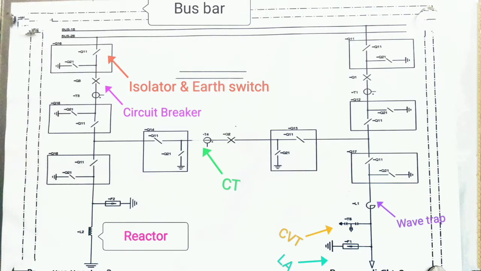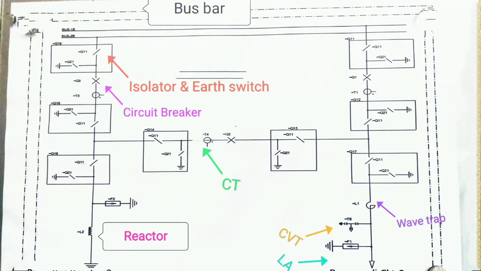And here the reactor line separately has two sets of isolator and earth switch, and also the reactor isolator and earth switch, which means before the reactor there is one set of isolator and earth switch. Then